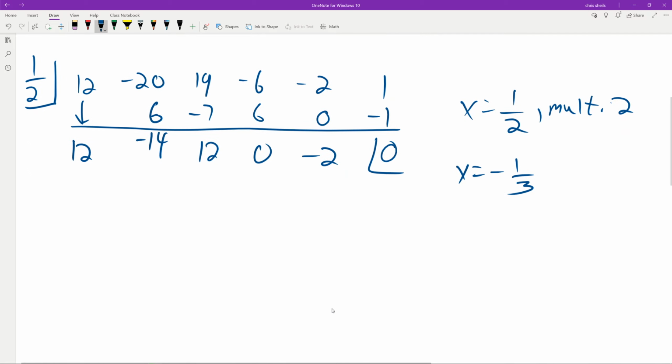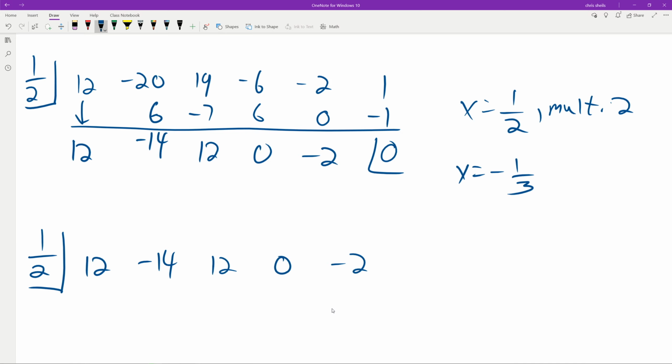So this is a root. x equals 1/2 is a root. Let's check to make sure it has multiplicity 2, and to also further reduce this polynomial,